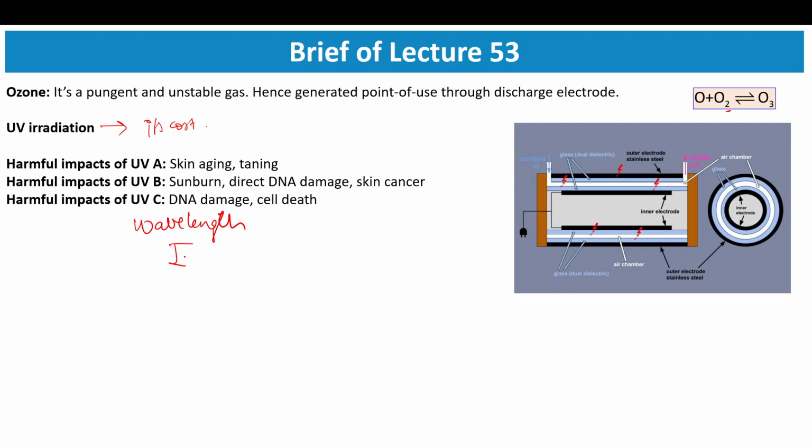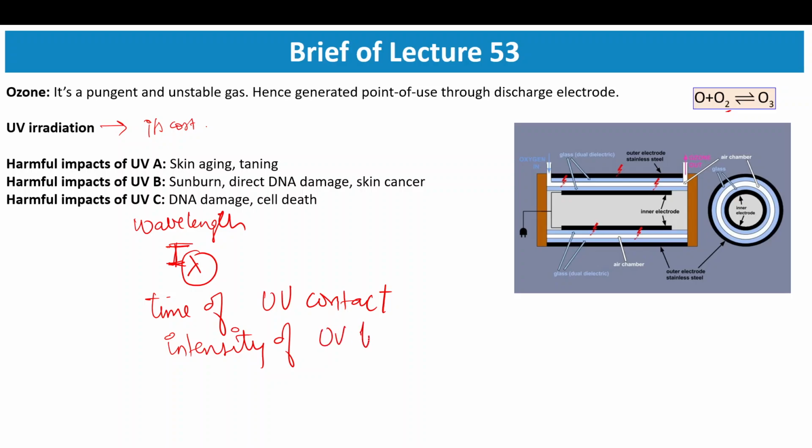So for a particular wavelength, which is denoted by lambda, what is the amount of intensity of UV light irradiated on the sample or on water, right? So that the disinfection happens. So the disinfection happens depending on the time of UV contact and the intensity